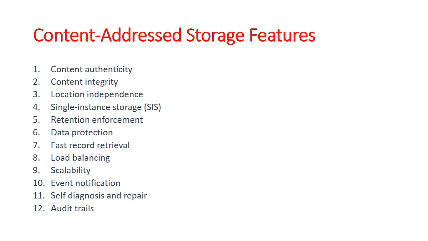The fourth feature of CAS is called SIS, or single instance storage. Let us see what this is. CAS uses a unique content address to guarantee the storage of only a single instance of an object. When a new object is written, the CAS system is polled to see whether an object is already available with the same content address. If the object is available in the system, it is not stored again; instead only a pointer to the object is created. So one object is stored only once, hence it offers a feature called single instance storage.